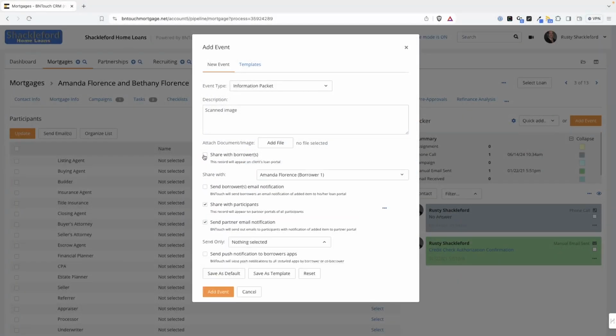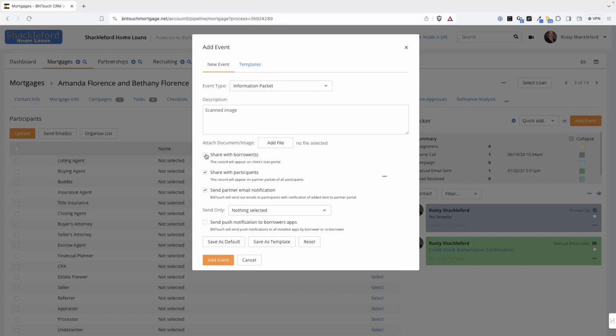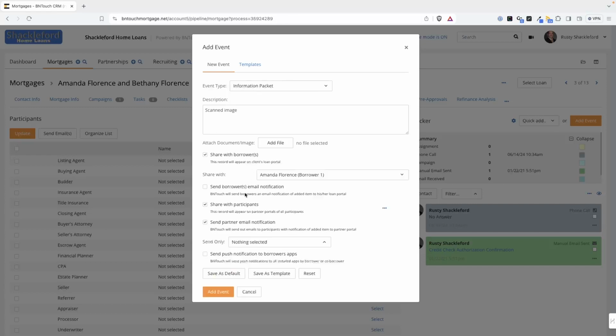The Share With options will make the event visible to the borrower and any participating partners via portal sites. The Email Notifications options can be used to send an email to the borrower, co-borrower, and participating partners when the event is created. For partners, you can choose the Advanced Sharing link to select partner types you want to share